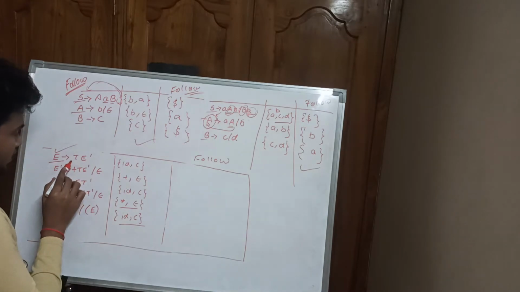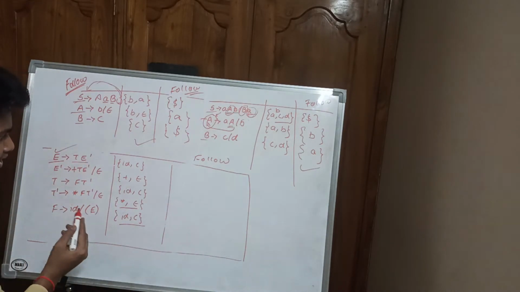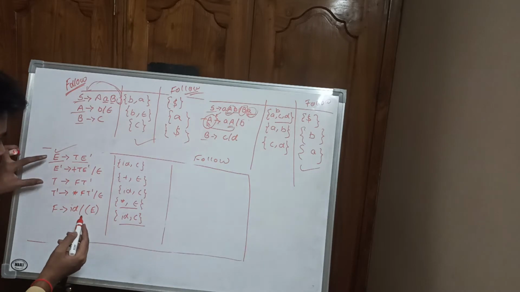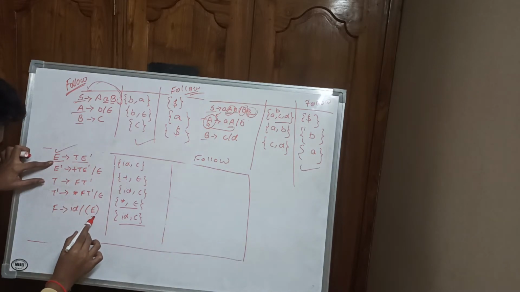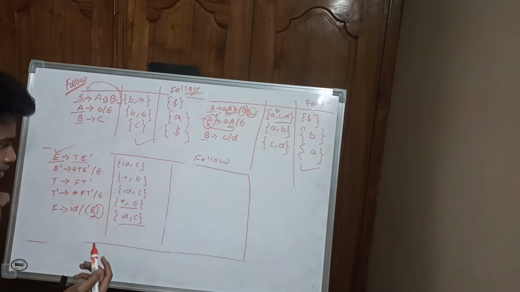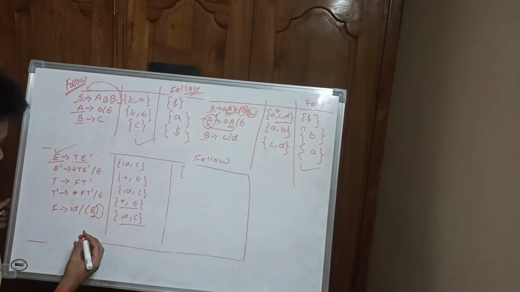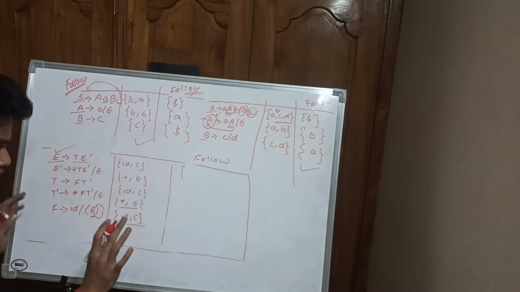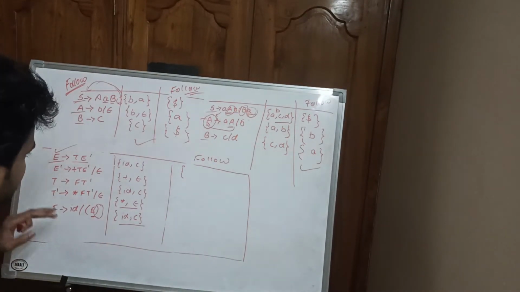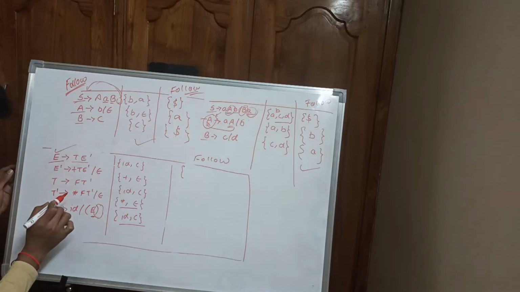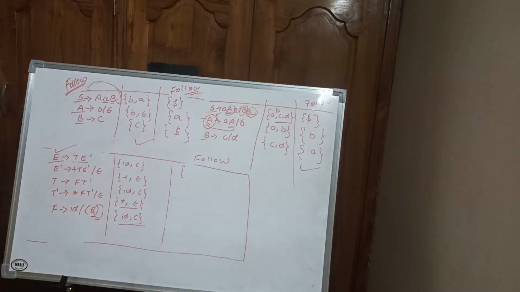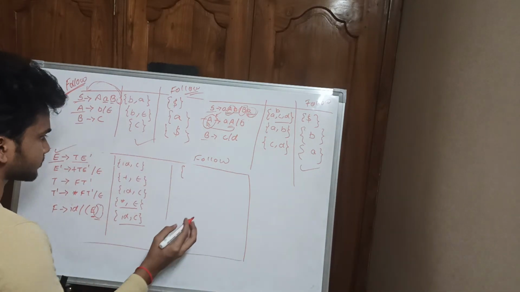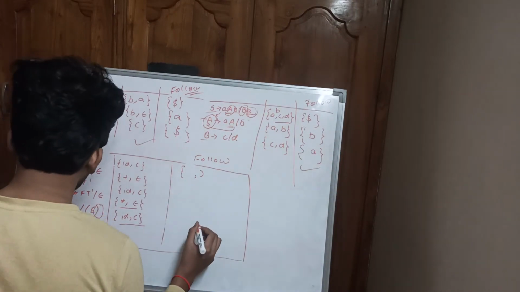Okay, so T E dash, T E dash, how can this be? Follow of E, check the presence of E here. E is present here, so follow of E is this symbol. First of this symbol is itself, so we got this one as one thing, but don't proceed, don't proceed. Now check follow of E. Okay, this is the only case. Check twice and proceed. Now